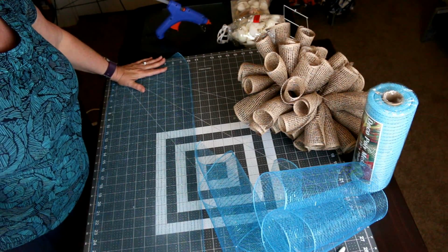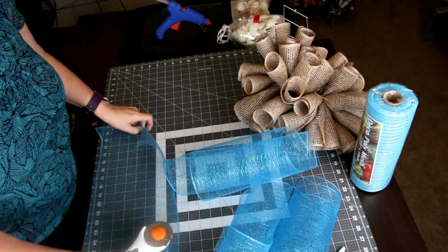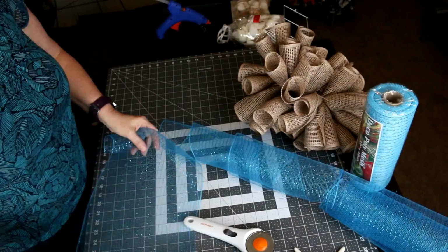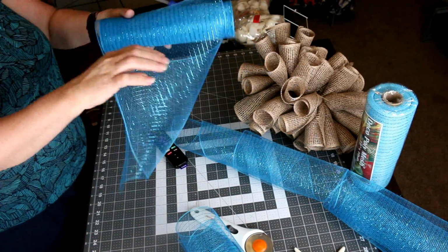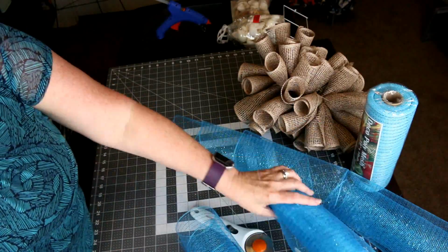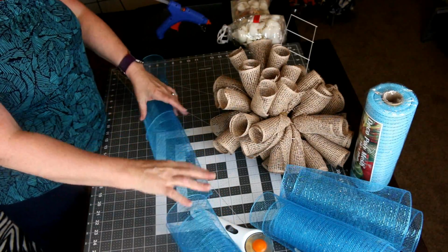So I just think it's a lot easier to do. It's a lot faster. I think it makes a nicer ruffle because it is thicker. So I'll cut a bunch of those. I'll probably use this whole roll. This is the 10-inch. All of these are the 10-inch. I don't think this is quite 10 yards. It might be 5. So what I will do once I get these put in and I get ready to do my ruffle,